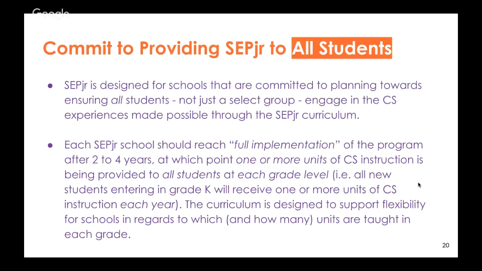And each SEPjr school should reach full implementation of the program after 2 to 4 years, at which point 1 or more units of computer science are being provided to all students at each grade level, i.e. all new students entering kindergarten will receive 1 or more units of CS instruction each year. The curriculum is designed to support flexibility for schools in regards to which and how many units are taught in each grade.